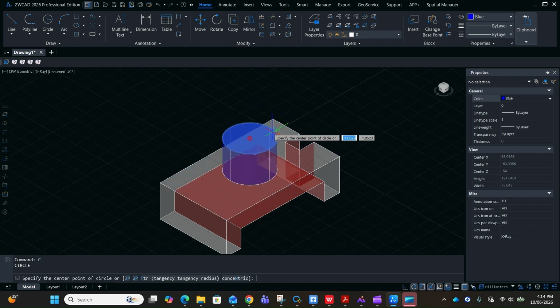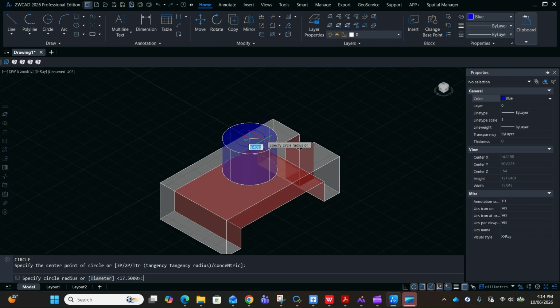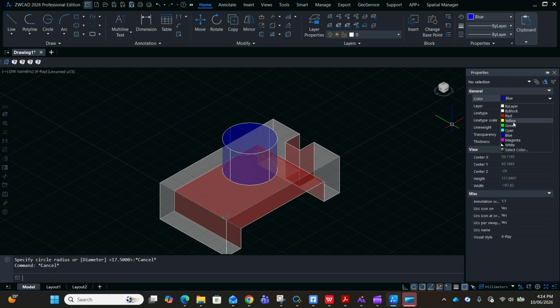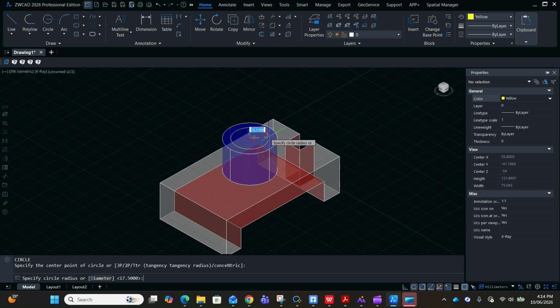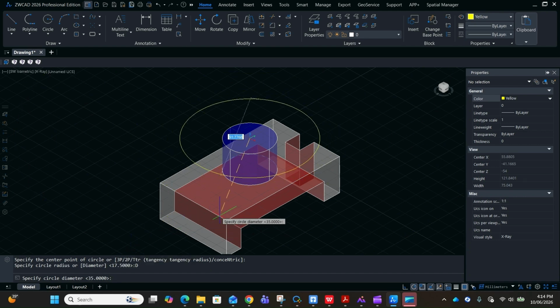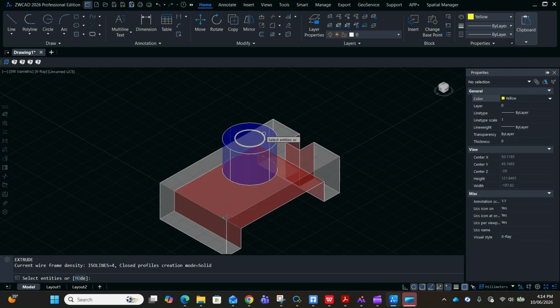Then I need to create another circle. So my dynamic UCS is already on, so it will automatically allow me to do so. Let me change the color first this time before creating it. Then C enter, it is automatically giving me the center point. Just click, does not matter. And then the diameter I want to keep, let's say equal to 19, enter. That's fine. Then extrude this object, then going down, subtracting